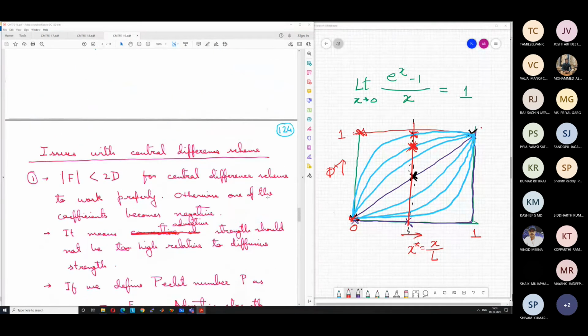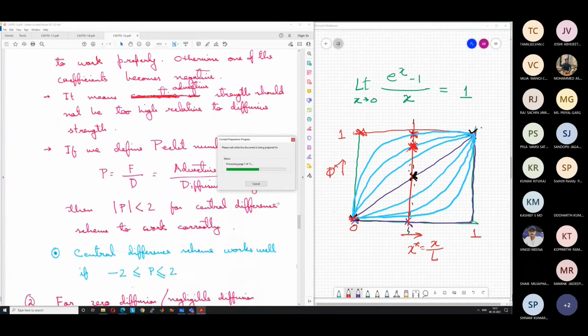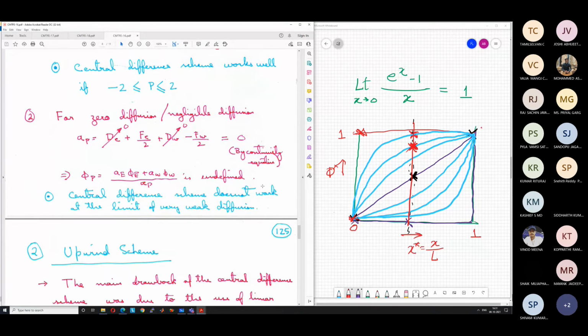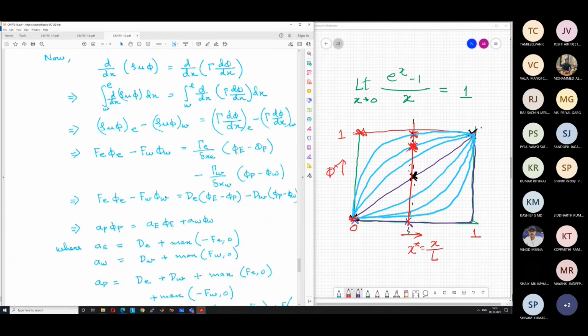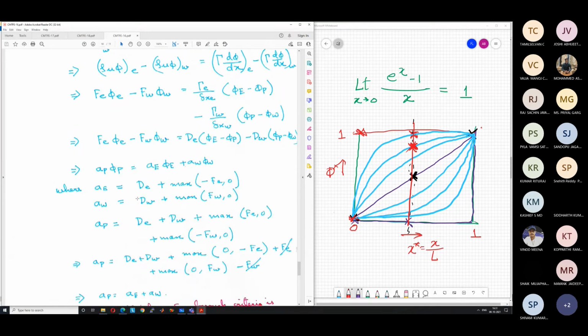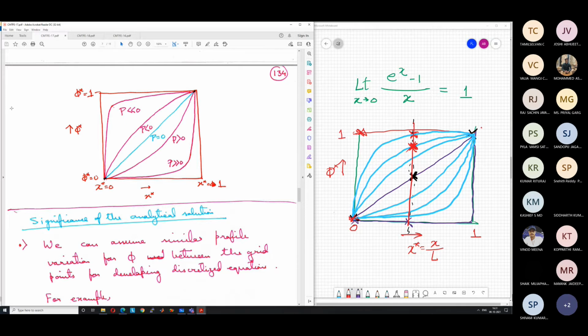If we go to the upwind scheme, for the diffusion we had just taken the normal interpolation. For the flow part, we had assumed what I have just told: the upstream side value is the value at the center. So it is like this, and then there is a step jump. Similarly, if there is negative flow, we had assumed that this is the value everywhere, and then there is a step jump. So here the value is like this.